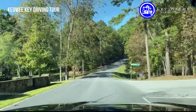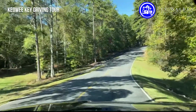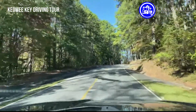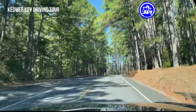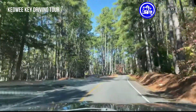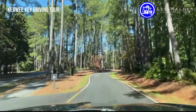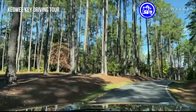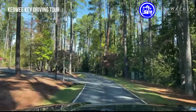Speaking of the amenities in Keowee, they just completed a $14 million upgrade to their community amenities, which is phenomenal for what you get in this community. And the really great part is they didn't raise their dues and fees at all. So we're still on the main road here in the south section, or the main section of Keowee, South Flagship Drive. We're going to come on up here just a little bit further, and we're going to take a left